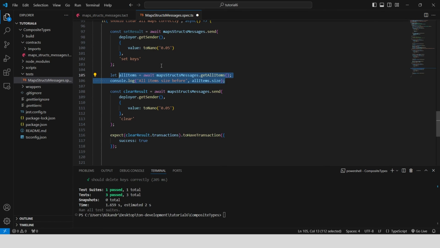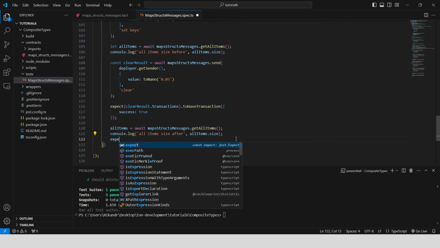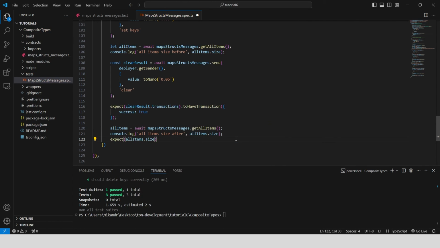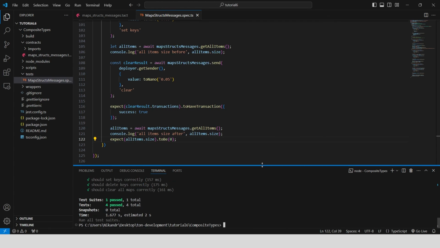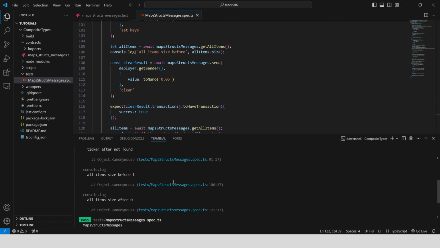Get all items after clearing the maps, log the size of all items and check that the size is 0. Run the test. Great. As you can see, all items size before is 1, all items size after clearing is